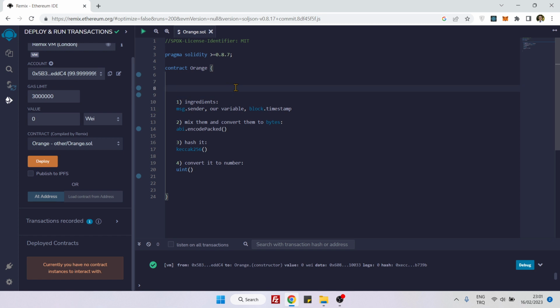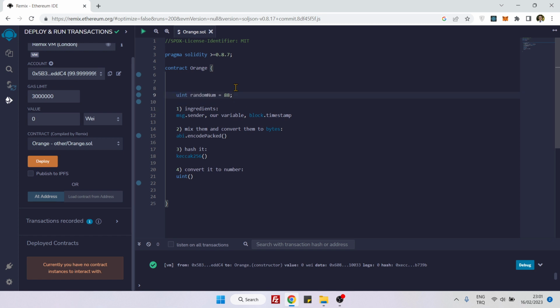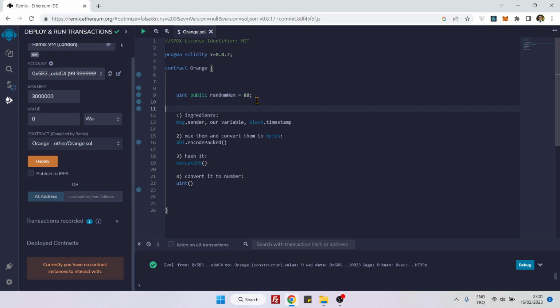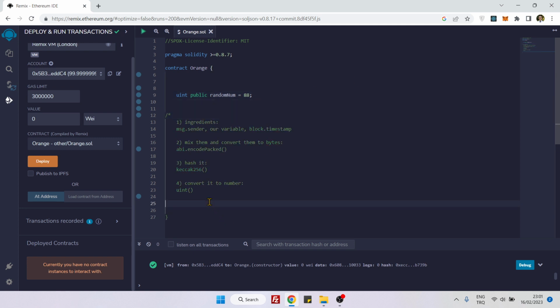And to do that, let's first create a variable here. I will say uint randomNum is 88. Let's make this public, and here we will comment out this explanation. And now let's create our function. I will say getRandom